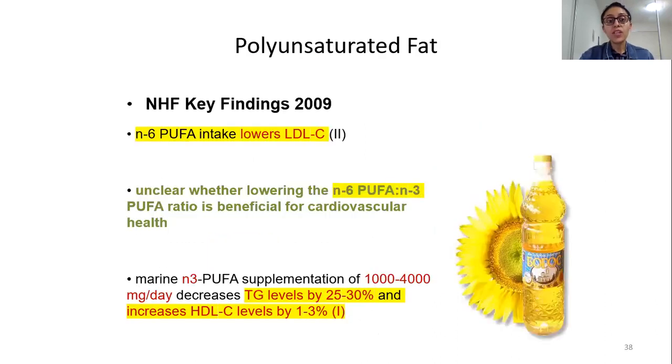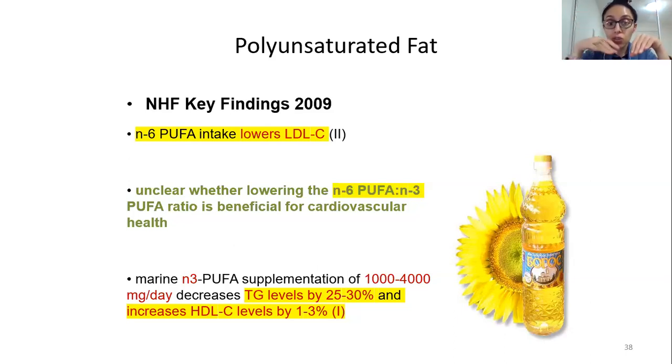So what is the level of evidence over here? You have omega-6, it lowers LDL cholesterol, yes. But what is over here the main concerning thing is when you do not have the right balance of omega-6 to omega-3. Okay, so when you have an excessive amount of omega-6 in your diet and you do not have a sufficient amount of omega-3 in your diet, this can result in problems. And we are talking more about this in your mental health lecture.